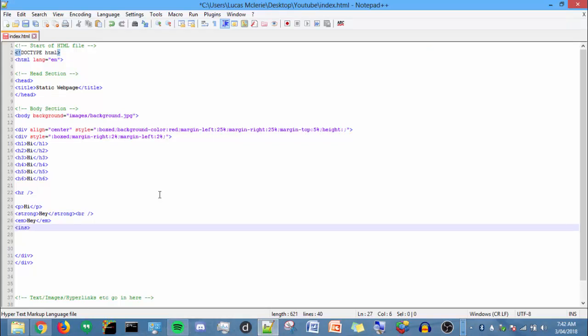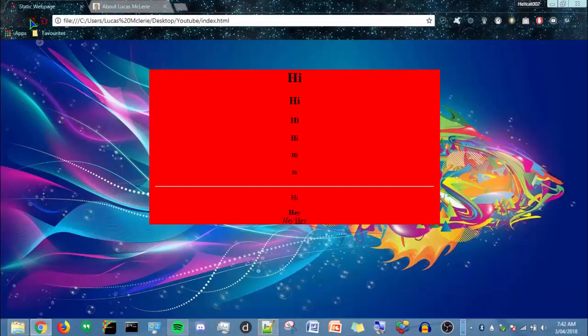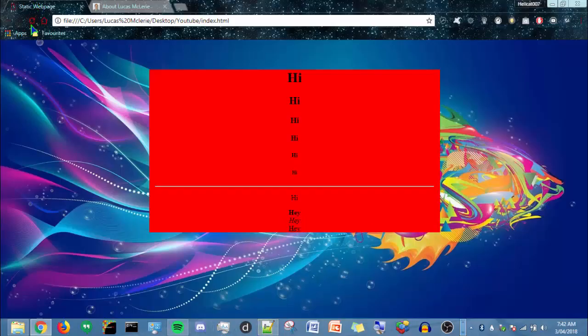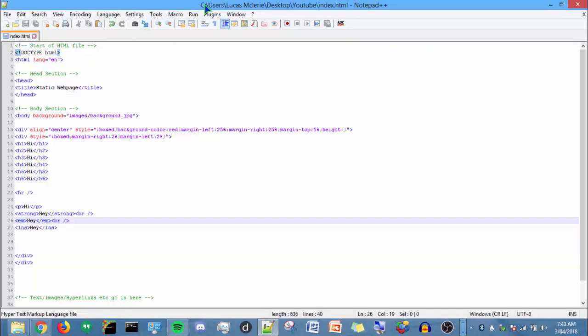it's called ins, or INS, and it's actually short for insert. So if you do insert like that and then do it, you will see that it is underlined, except the problem I have with it is the fact that it's an insert tag for inserted text, not underlined. So usually what I do is I